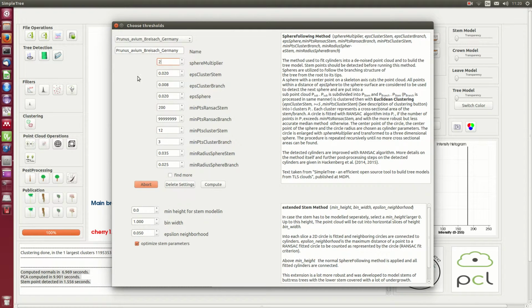I will set this to 2. You can pause anytime and see what these thresholds are. So Prunus avium, this means cherry tree. This is especially for the cherry tree. I can activate find more. This was presented in Hackenberg et al. 2014. So when in the first cylinder detection routine not all points have been processed, it will operate a second